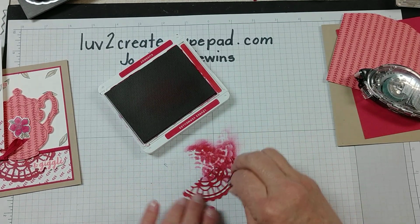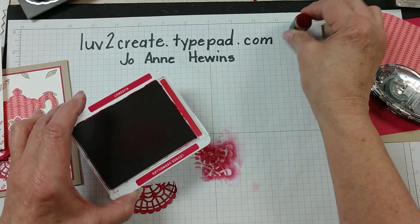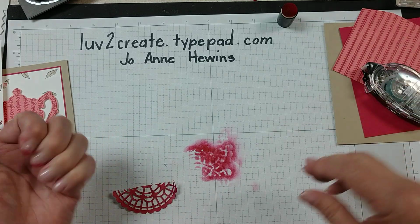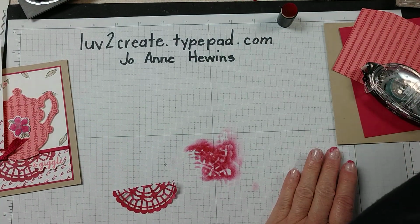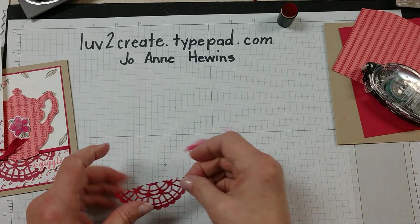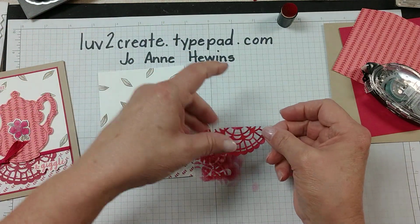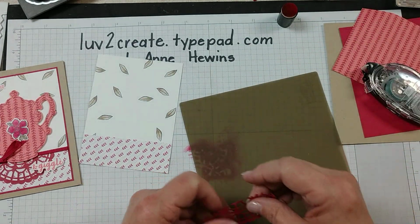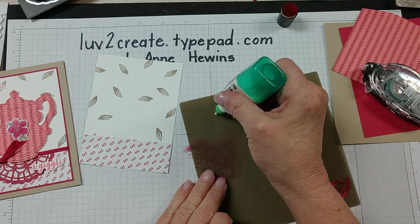Okay. And you can see that left a pretty little design. I hadn't moved it so much on my background paper. So there's that. I do have a little on my fingers. Let me get a Kleenex and wipe that off real quick. And now we want to adhere this to the card layer. And what I'm going to do is bring in a craft silicone mat. I'm going to add a little bit of glue